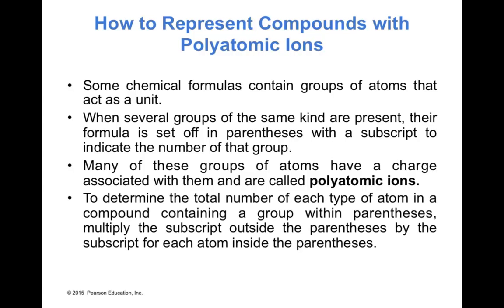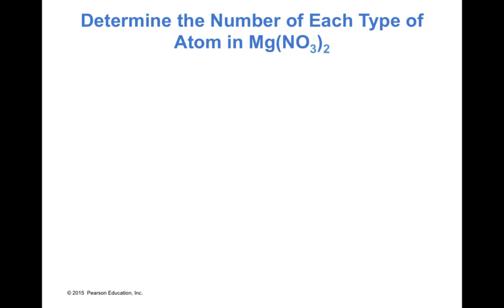To determine the total number of each type of atom in a compound containing a group within parentheses, multiply the subscript outside the parentheses by the subscript for each atom inside the parentheses. So this is to determine the total number of each type of atom in a compound. And we're going to see an example in the next slide. So here we need to determine the number of each atom in Mg(NO3)2,